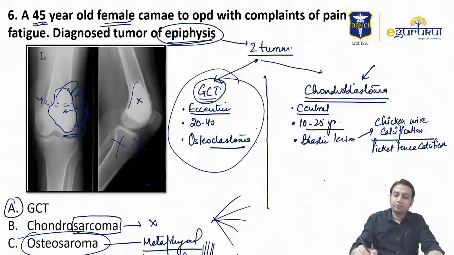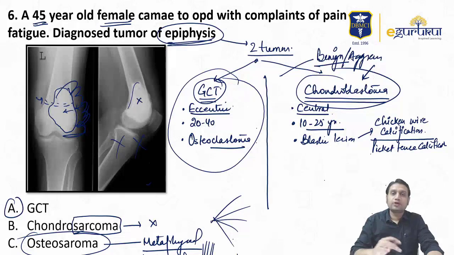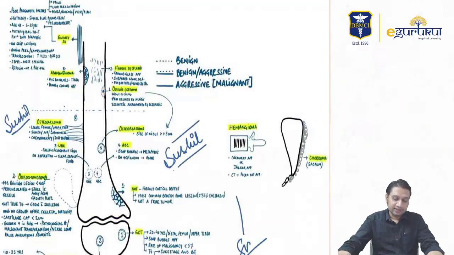And you should remember that both the tumors here are benign aggressive. So tumors broadly we divide into 3 categories: benign, benign aggressive, or purely aggressive. So here it is the benign aggressive category, right? This is a GCT which has been already treated. It's not a tumor case, it's a treated tumor case. Now the cement has been put over here, right? That is treated GCT.